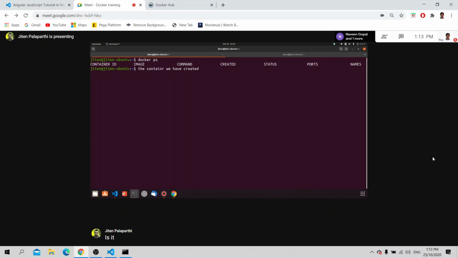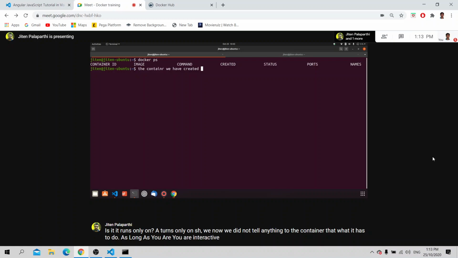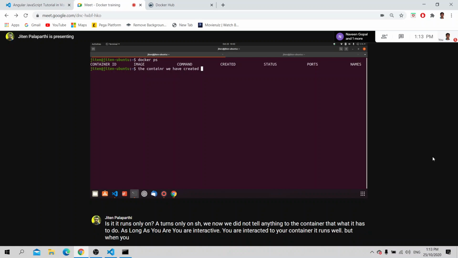It runs only on SH. We did not tell the container what it has to do. As long as you are interactive with your container, it runs well. But when you exit from your container, it doesn't work.